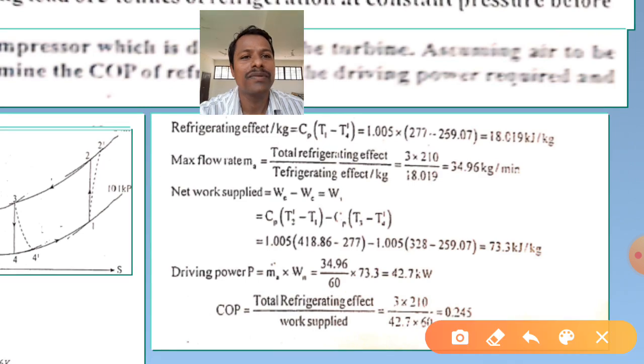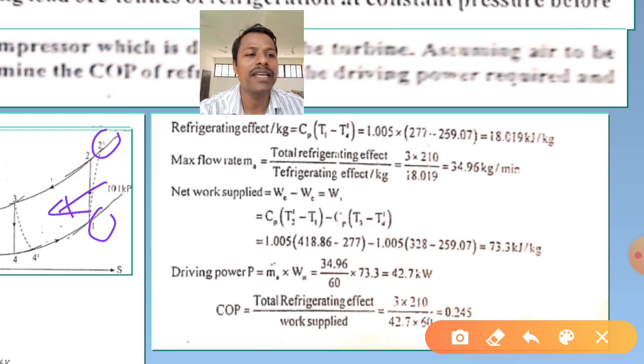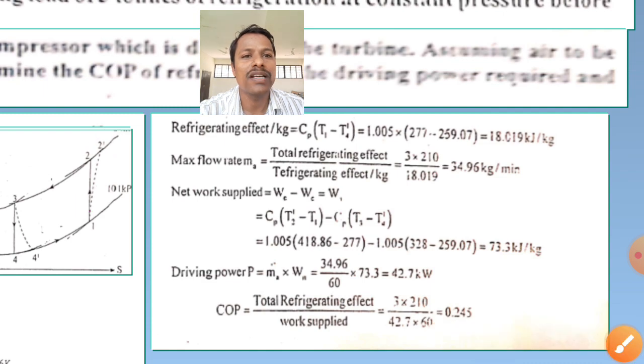Here in the TS diagram, we have the compressor work. I am sorry, I am sending it inside. This is the compressor work, that is H2 dash minus H1 is the compressor work inlet. So, therefore, compressor work is Cp into T2 dash minus T1, and again expander work.